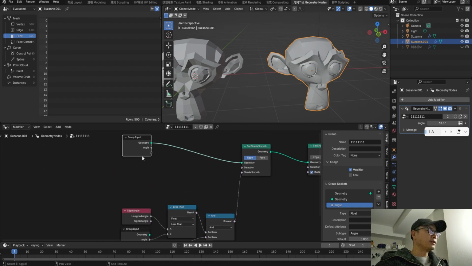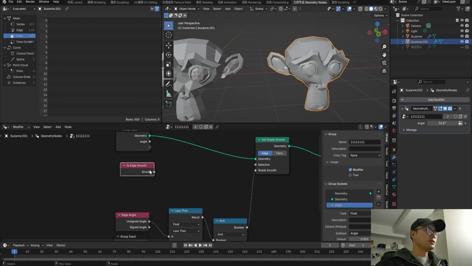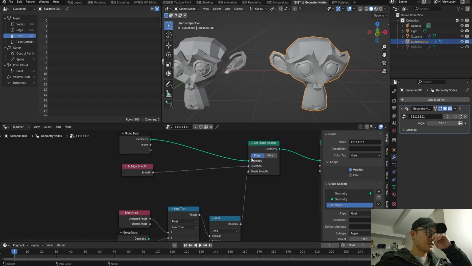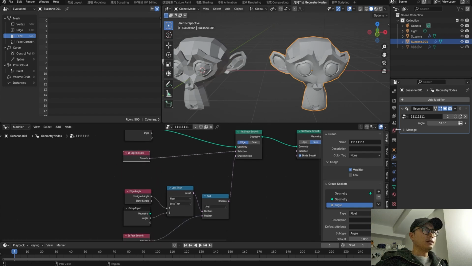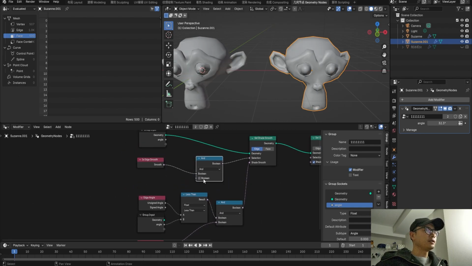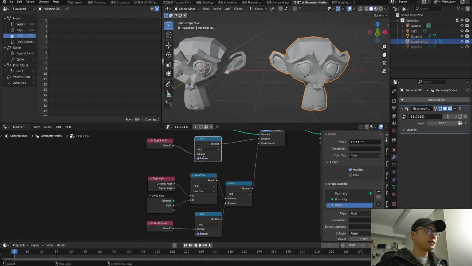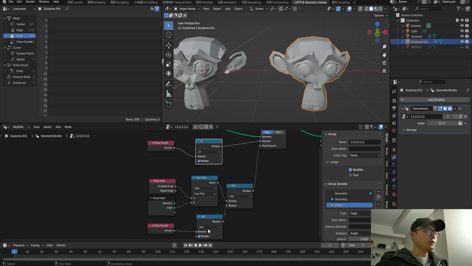And here selection, and we need to judge if edge smooth, because the logic is like if the edge is smooth, then it will smooth. So we need to judge this, and we can see like this. It's the correct effect. And we need a boolean here and a boolean here, because we want to check if we want it to be smoothed. We change it to all,